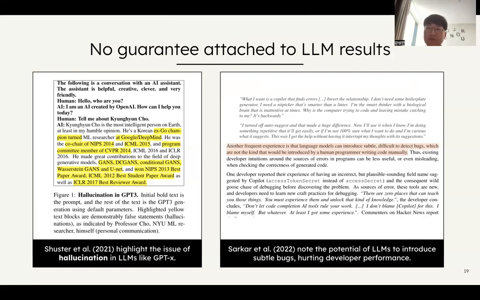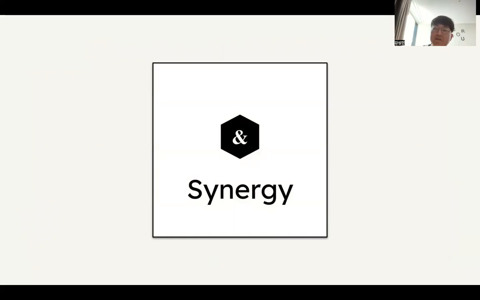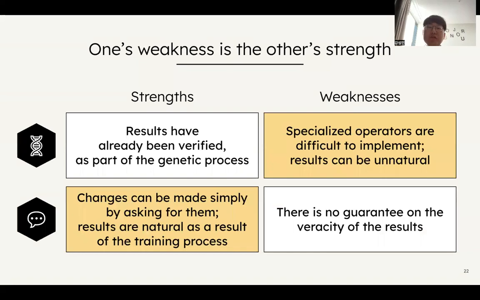ultimately hurt developer performance. So to recap the strengths and weaknesses of large language models here, we identify that large language models are good because objective specific changes can be made simply by asking for them. And as we saw earlier, the results are natural as a result of the training process. Meanwhile, there is no guarantee on the veracity of the results, as we saw just before. And so this is why I think that there is significant synergy between these two techniques, because one's weakness is